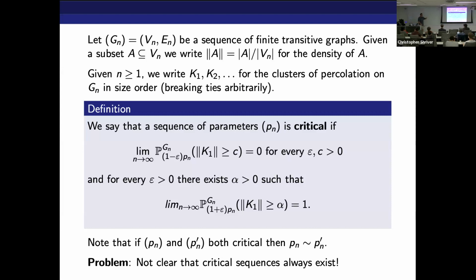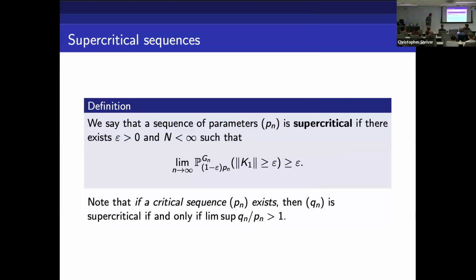Okay, this is a definition, it's fine. The problem with this is that it's not clear that critical sequences actually exist, and in fact, they don't always. So what we need to proceed is a definition of being supercritical that does not refer to a critical sequence. We'll say that a sequence of parameters is supercritical if there exists epsilon greater than 0,